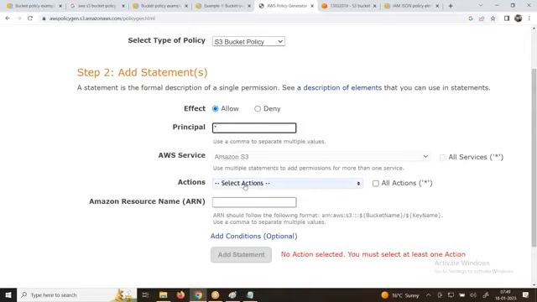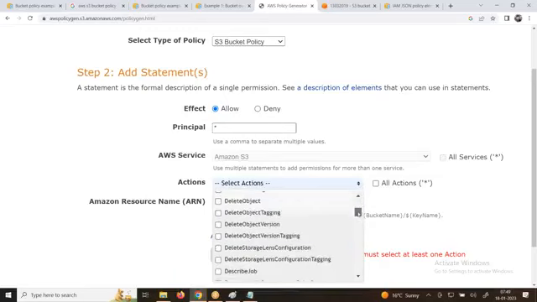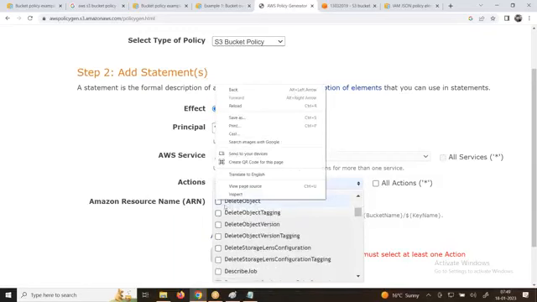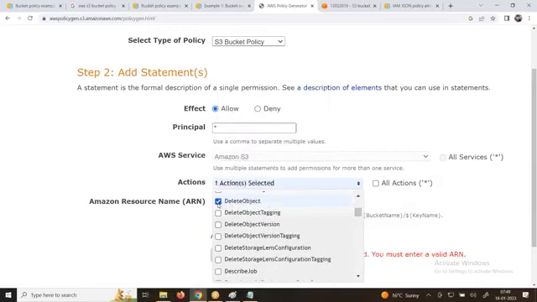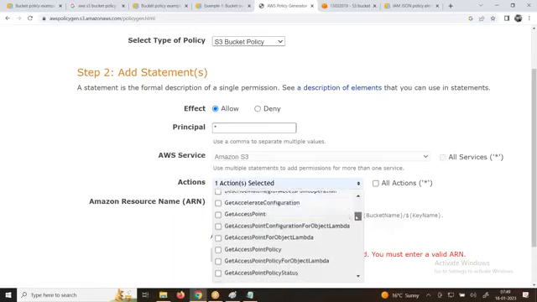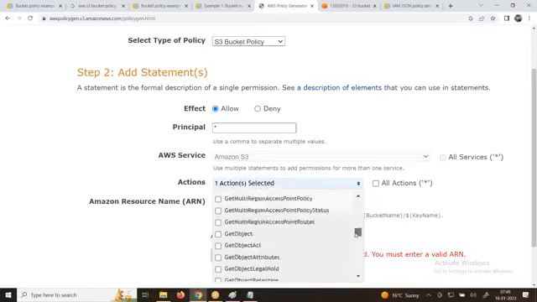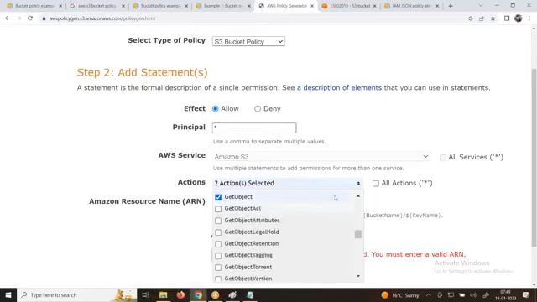Now should I go and provide the actions? Now you may have a question, right? Sir, I know S3 put object, S3 get object, S3 create bucket, S3 delete bucket, S3 delete object. Any other things? There are many, sir. How do you know? Just go and click on it. So many S3 actions here. Create bucket permission. So a lot of permissions are there. I want to provide delete object permission, put object permission or get access. Let's take an example: get object. Two permissions I want to provide.